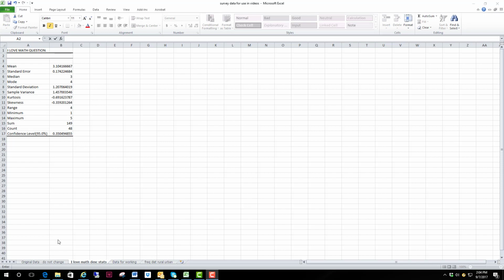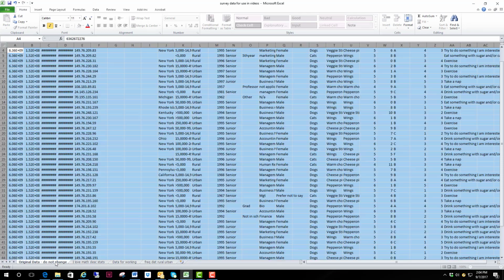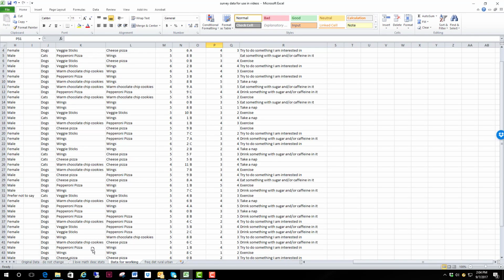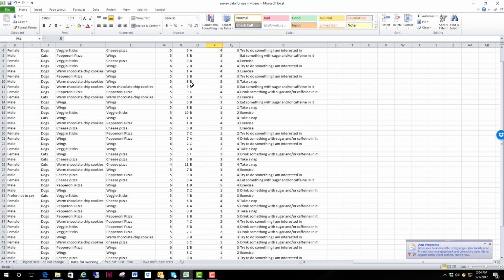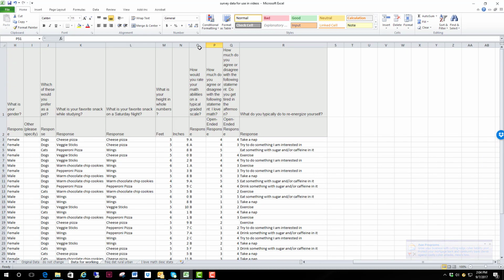So here we are with our data. Here's our original data that we're not going to change. We've got our data for working, and I'm going to move this over right next to my original data right here. You do that by simply picking it up, and as you can see down at the bottom of the page, I've got a little arrow there that says it's going afterwards, and that's great. Alright, so I'm going to use my data for working, and we're going to work with the grade that you had in